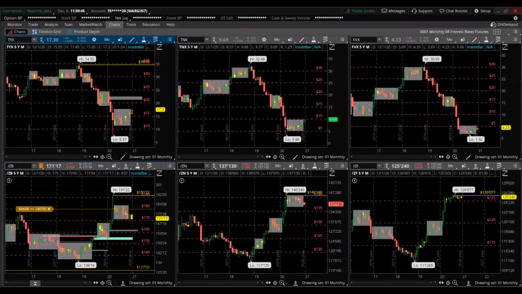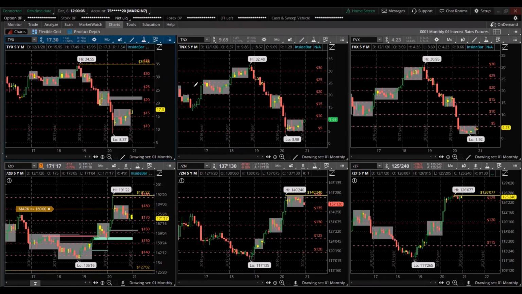Hello, welcome to another video of Winning Wall Street's Money. Going to discuss currencies and yields, interest rates, and bonds. We'll start off with looking at the higher time frame, the monthly time frame. So we're looking here at 6 grids. Each of them is a monthly time frame.